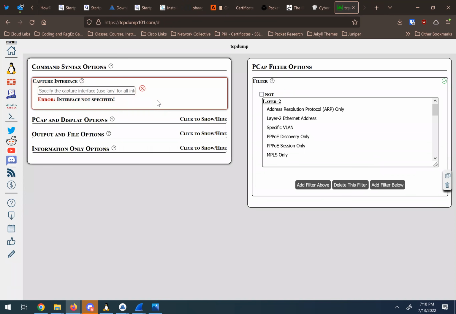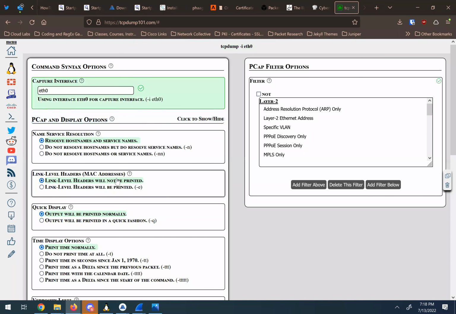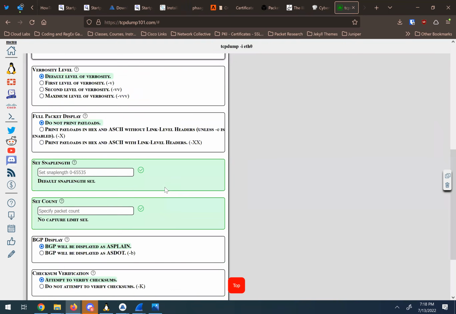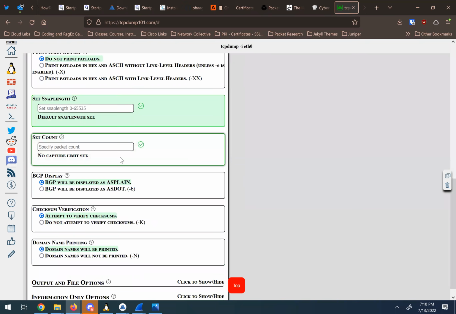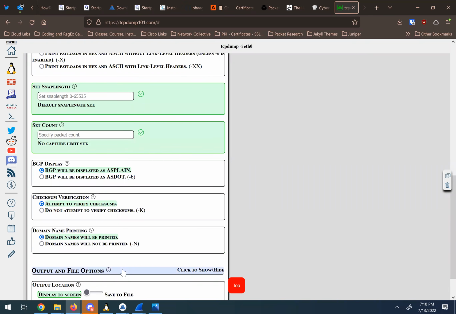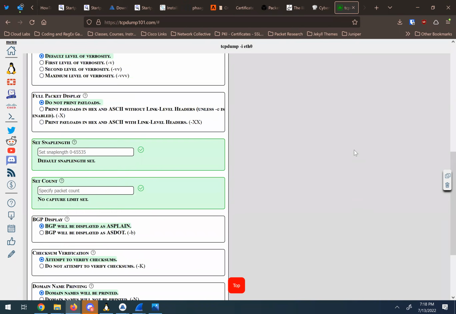So like people need to help build BPF filters. You can just start answering questions. What's your interface? ETH0. What kind of PCAP? Don't resolve host names. Link layer, okay. Give me the quick display, BGP, output file options, and then you can come over here and actually